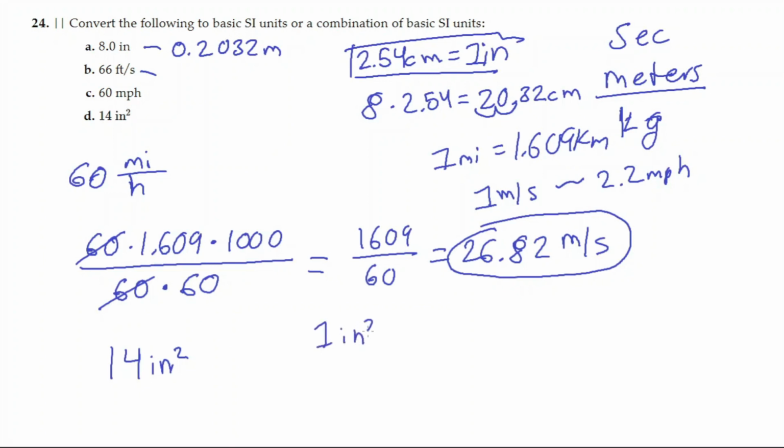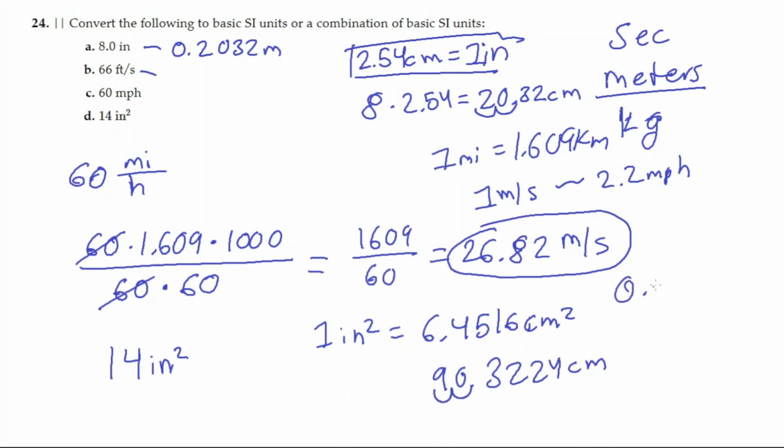So 1 inch squared is equal to 6.4516 centimeters squared. And the reason why we square this is because the inch is squared here. So in order to convert correctly, we would also have to square the centimeter conversions. And now what we would do is just multiply 6.4516 by 14, because we're going from 1 inch squared to 14 inch squared. And we would have 90.3224 centimeters squared. And now we want to convert this into meters, in which we would just take the decimal and move it to the left, or divide by 100, in which our final answer would be